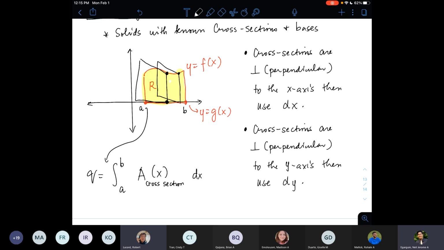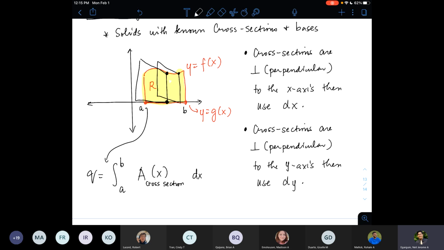I imagine like a blob of jello. I don't know why. Yeah, exactly. Something like that. So you have your plate as your base. And then on top of that plate, you will have jellos that are squares in shape, right? And then the idea is, how do we get the volume of that solid? Well,